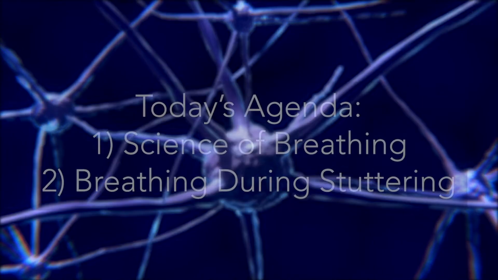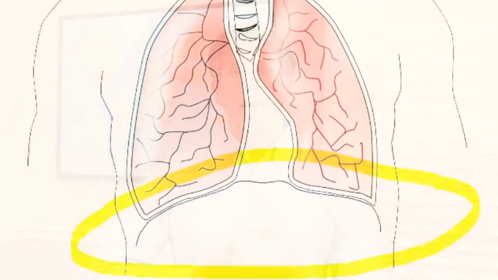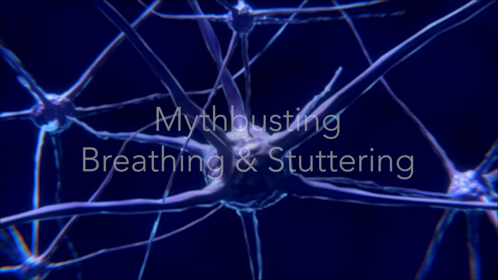Let's start with science and then move to how breathing actually plays out in your anatomy, especially if you stutter. So as we talk about speech science, how does a person breathe? We know that a person's supposed to breathe from the diaphragm. The diaphragm is a sheet of muscle at the bottom of the lungs. As it goes down, air gets pulled in by negative pressure. It reminds me of a bellows, how you pull in air. So the proper way to breathe is down here from the diaphragm.